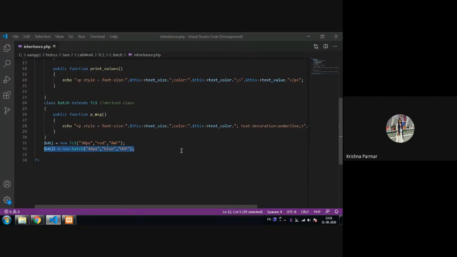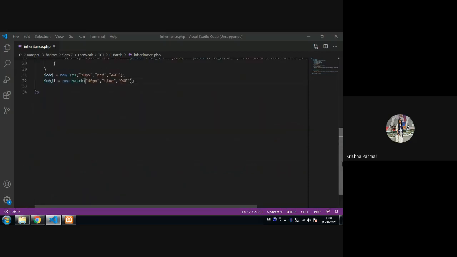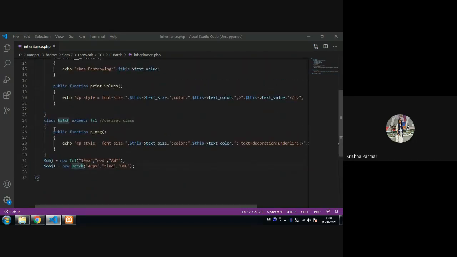Okay, the answer is that whenever you are not defining any constructor in your derived class, it automatically calls the parent class constructor. Are you getting my point? That's why this is valid. The parameters which I gave here are passed as a constructor in the derived class, but here you are not defining any constructor. If you define a constructor, then it is another scenario.